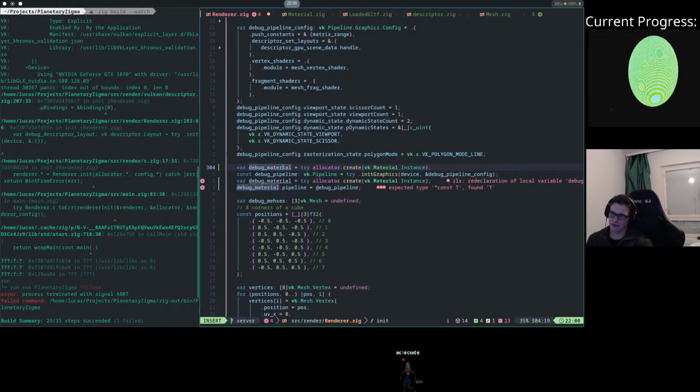Debug. Then I will have to remember to free it as well. This is so dumb. But we'll do it. Debug pipeline. Like so, and then